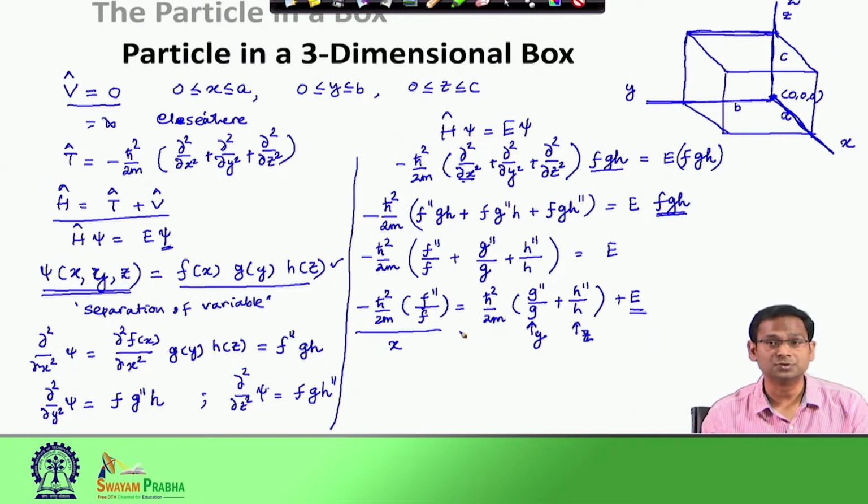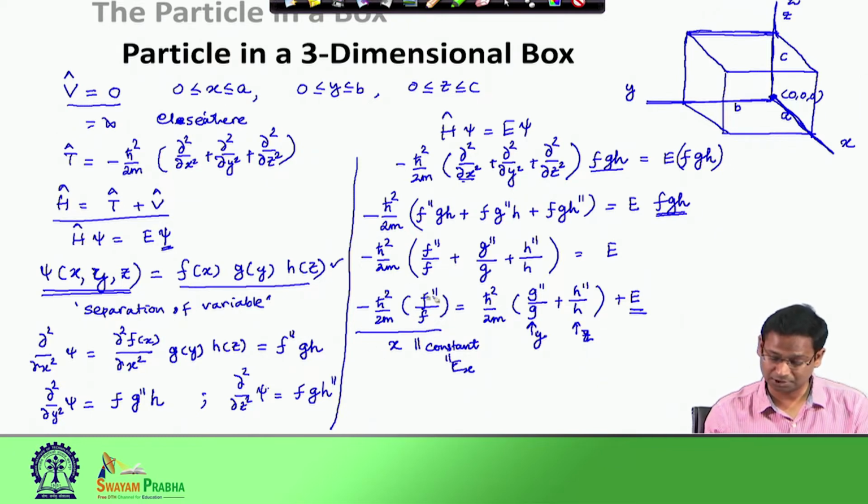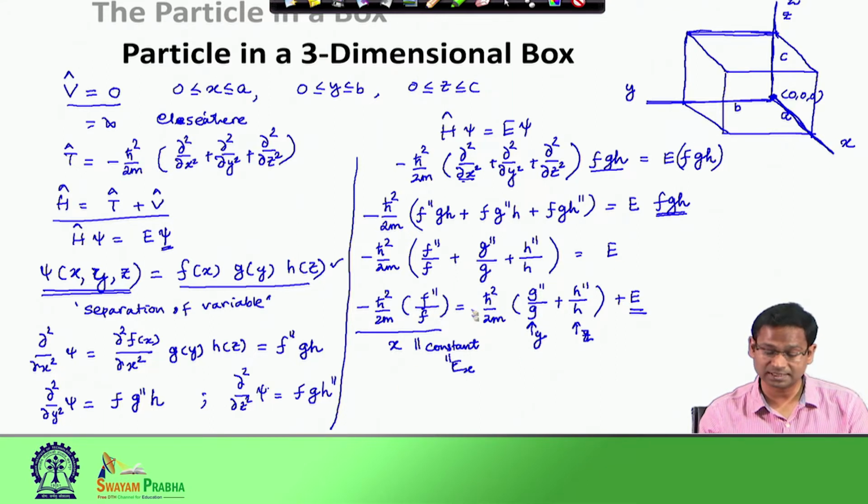So, when I have such a situation, when the left hand side depends on some variable and the right hand side depends on other variables, in that case I can say the left hand side and also the right hand side are actually independent of any of these variables. So, therefore, the left hand side I can say is a constant, and I define this constant as E x. We will continue our discussion with the left hand side, but before that I can also do the same exercise